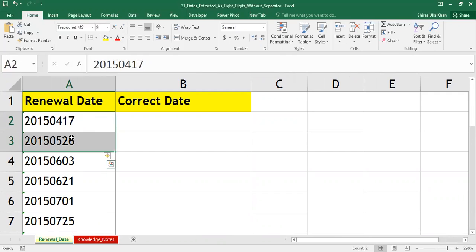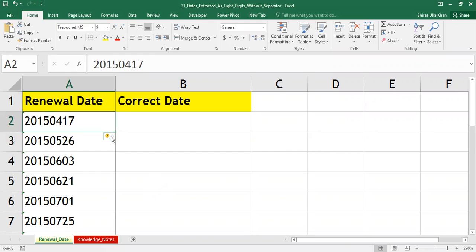When I select the data from A2 and A3, if it is a number, in the taskbar here, people, if you see, let me annotate once again here. I'll annotate here. If you see here, you get only the count. You don't get the sum. If it is a number, you get other summarization functions like sum, average, count and all. But unfortunately, here we are getting only count, which means these two cells are basically text, but the date is a number. Okay, so people, the two things which we need to achieve is, one, I need to have a separator between the date, and two, I need to convert this date into a proper number, because behind every date there should be a number.